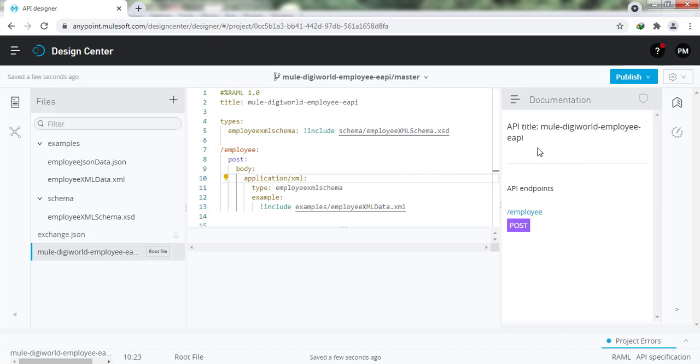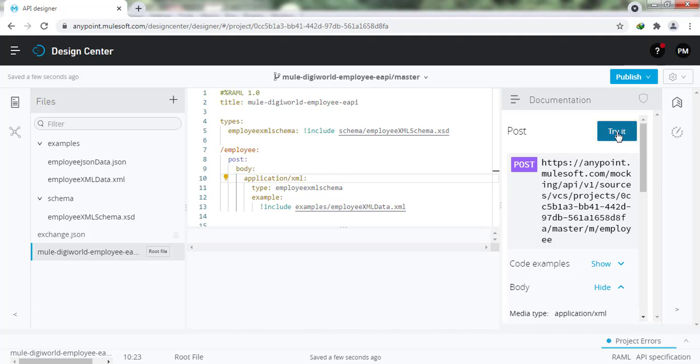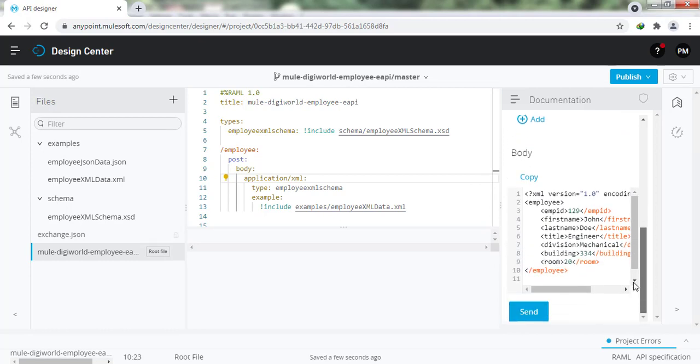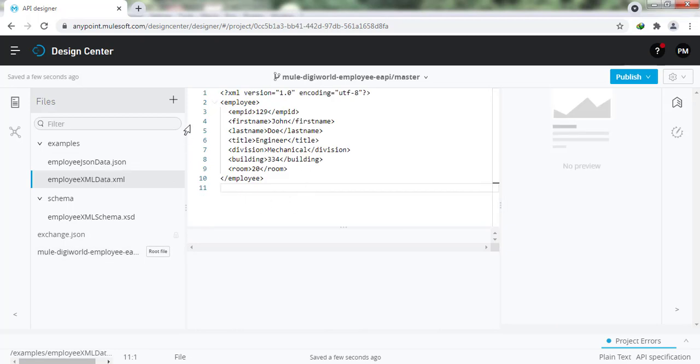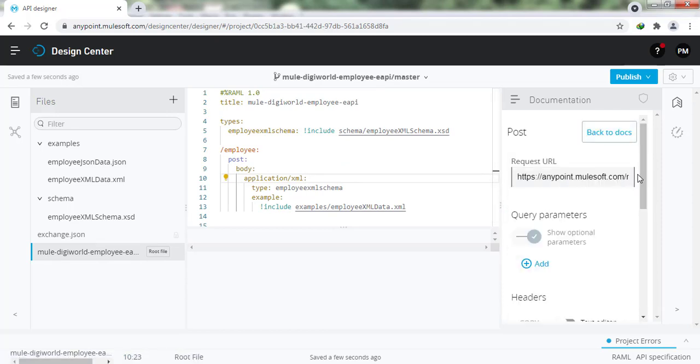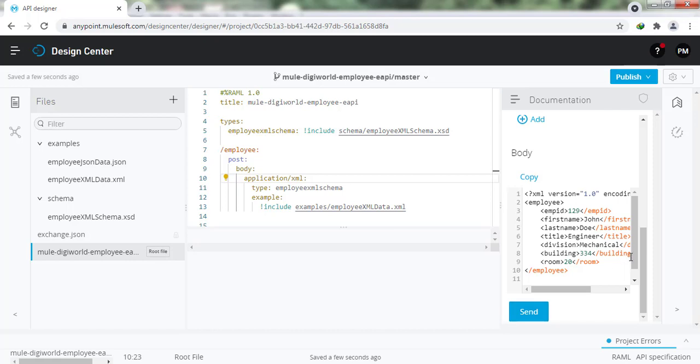So let's test it. So if you see in the documentation section here in the API console, it is showing post method only for the employee resource. If you follow my cursor, this is the method it is showing. So let's do one thing. I'll click on this and I'll just select write. Okay. So here if you see, it is trying to send that employee example which we have provided here in this file. It is trying to send this data as the request, right? So let's send this,